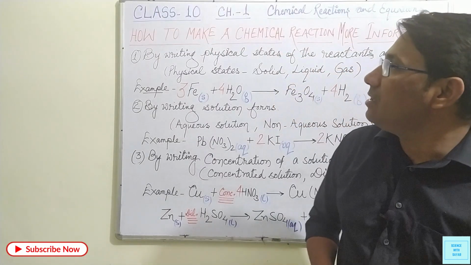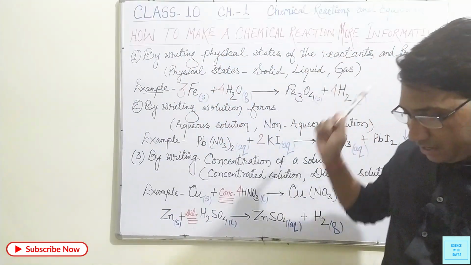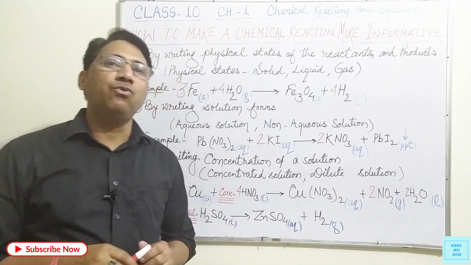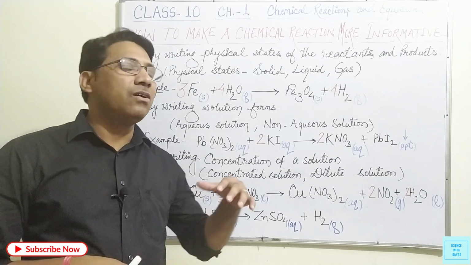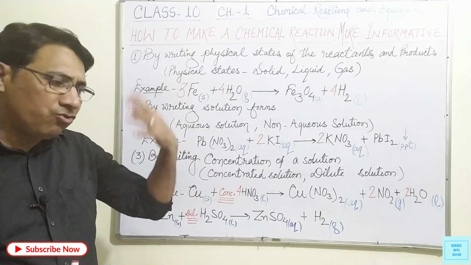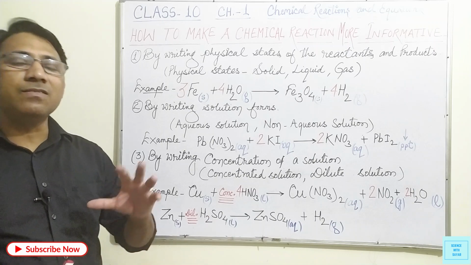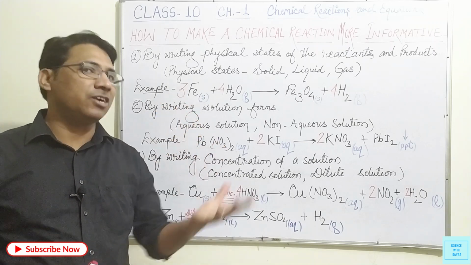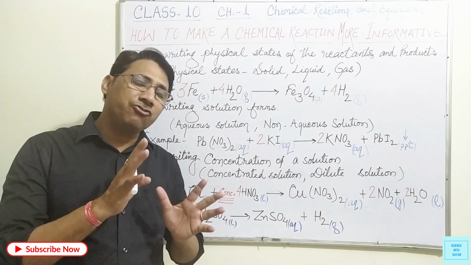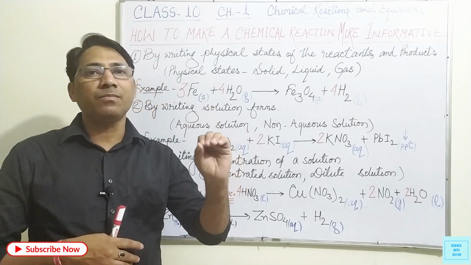In this video we will study how to make a chemical reaction more informative. Before this we studied how to write a chemical reaction as a word equation and a symbolic equation. But in those word or symbolic equations we don't know various information about a chemical reaction. So now we will study how we can make a chemical reaction more informative, meaning many pieces of information can be